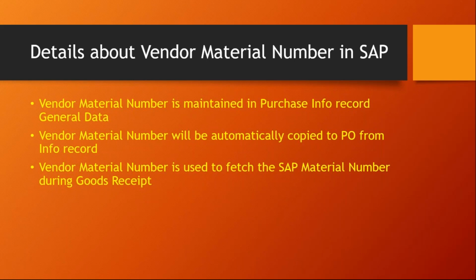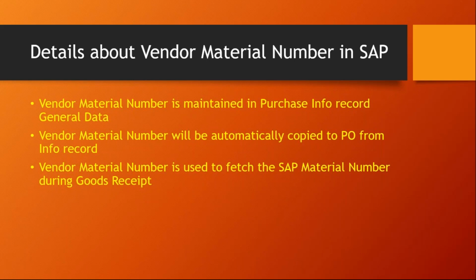Because further processing like physical inventory or goods issues and transfer postings, bin to bin, anywhere you want to scan a material number, everywhere you don't have to keep this logic of fetching the SAP material number from the vendor material number. Also, it will be easier to identify by our people because we don't bother about the vendor material number. It is only an understanding between our vendor and ourselves that vendor is a huge number of